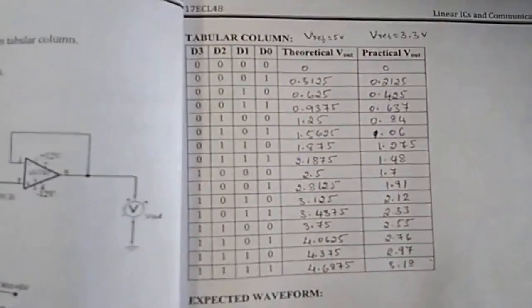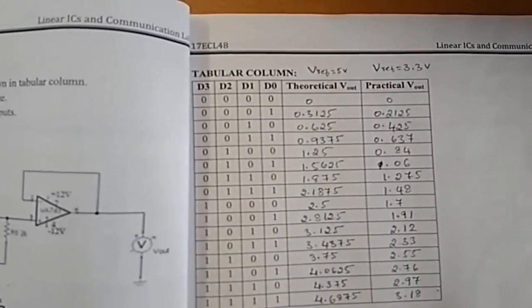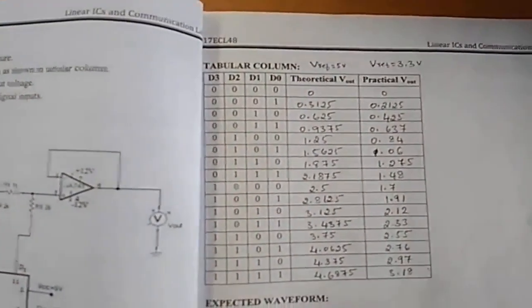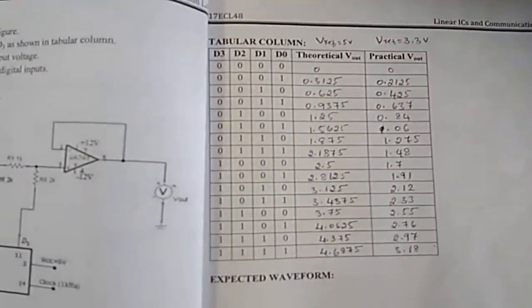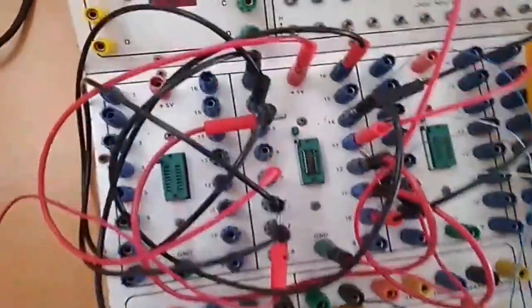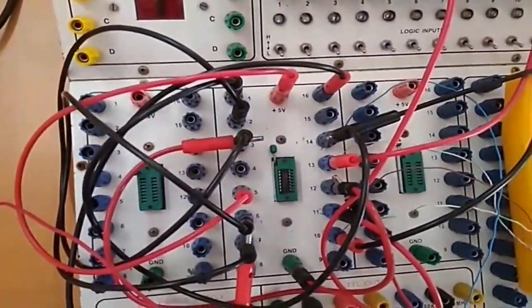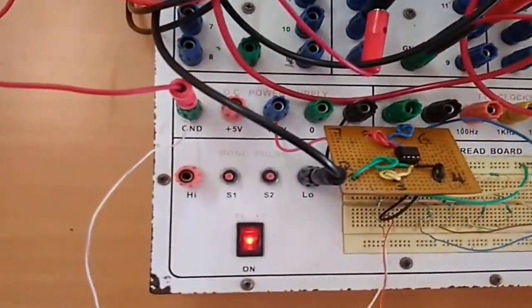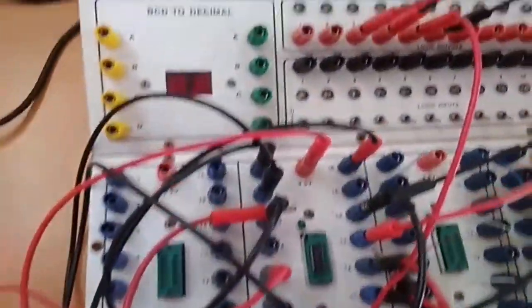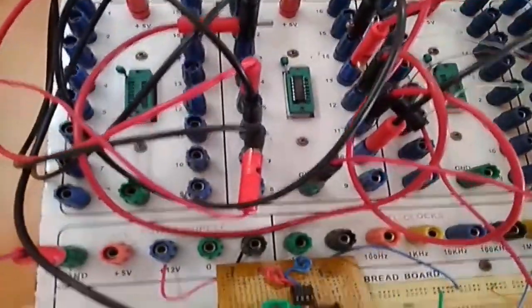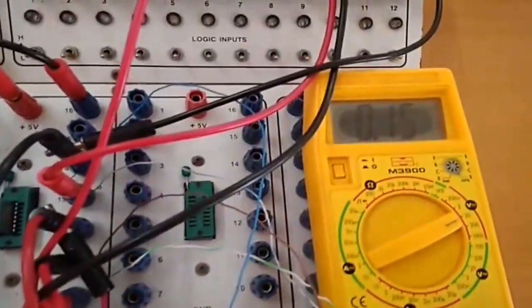It is not the same as before. Before, the reference voltage was 5 volts, now it is 3.3 volts. So we are expecting this as the voltage: when it is 0001, it is 0.2125, and when it is 1111, it is very close to 3.3, that is 3.18 volts. Now I'm going to the circuit diagram. I have used an IC7493, and the output of that is given to the DAC. When I apply a clock pulse through these switches, the counter output will change and is given as input to my DAC, and I observe the output voltage in the multimeter.